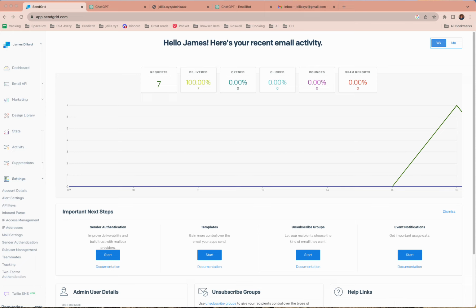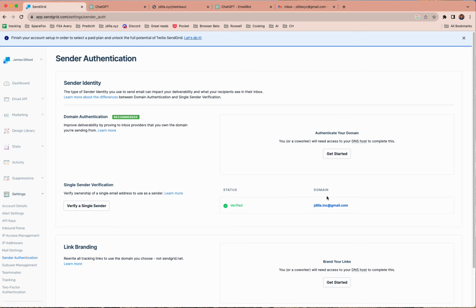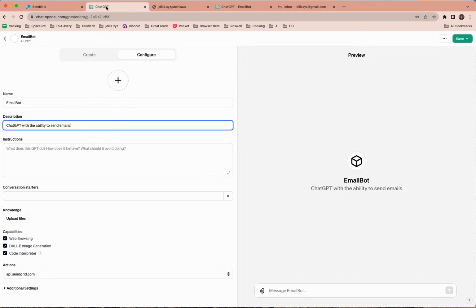To show you how to set up an action within ChatGPT so that your custom GPT can send emails for you, you'll need a SendGrid account with an authorized email address. This is pretty self-explanatory and easy to do, but you'll need it before you get started. And then you'll also need an API key, which of course you'll want to keep private. So once you have those two things, you can head over to ChatGPT, where you will create a